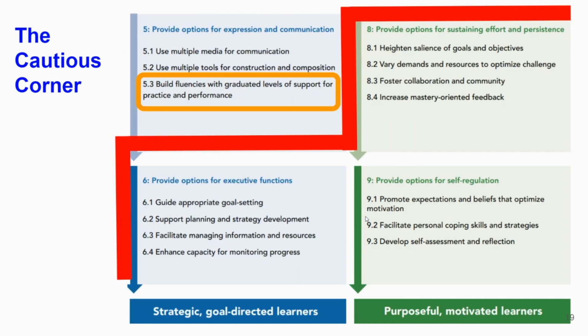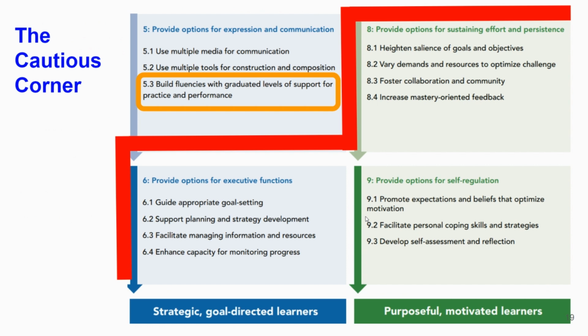And so if I have the spiderweb discussion and if I have them write their questions in advance, many times I will be able to, through a little bit of practice, 5.3, gradual release of responsibility, get students to tell me that the discussion was the thing they're most proud of. 6.4, they can monitor their progress. They know they, 6.3, use their information and resources. And I want to jump up to 8. It fosters collaboration and community, and they got mastery-oriented feedback.